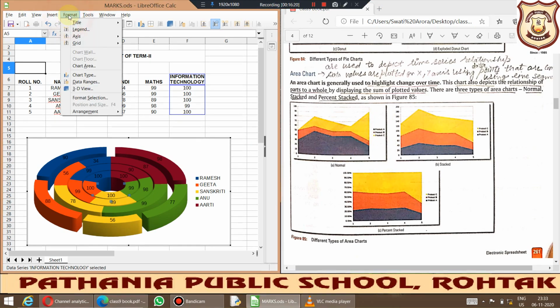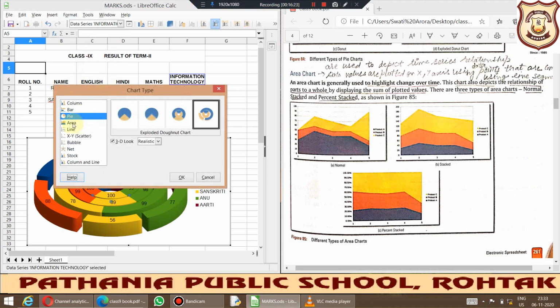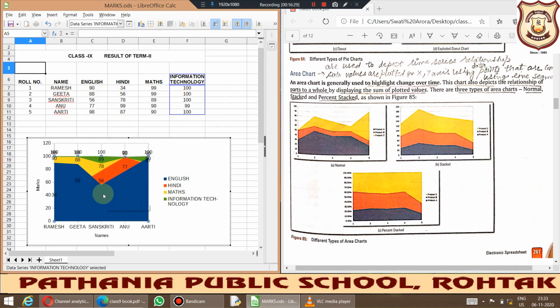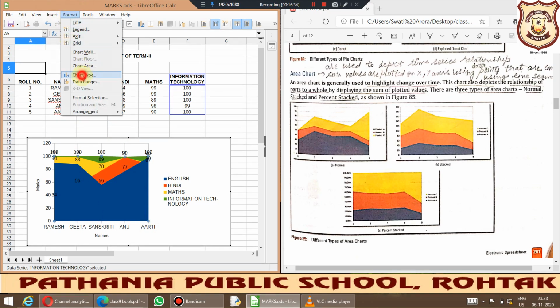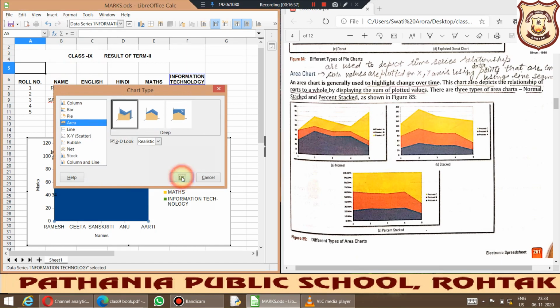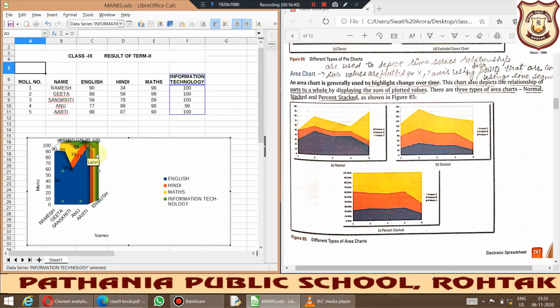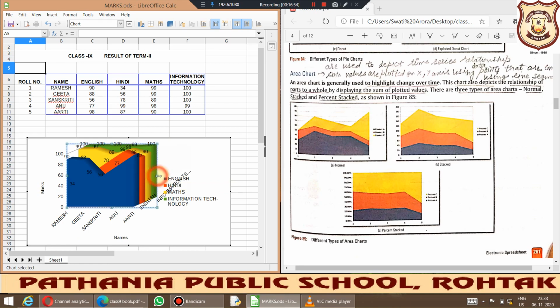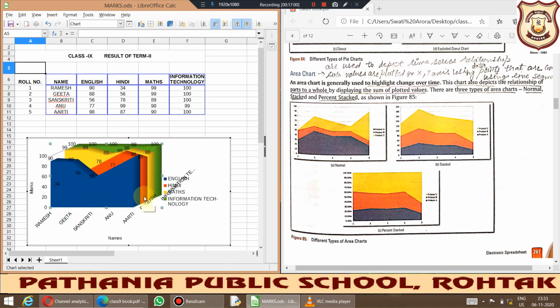Okay, so again I'm going in format tab and I'm clicking on the chart area, and this time I'll be selecting the area chart. So if I'm not selecting this 3D look, you'll see that it will look like this. It is difficult to read these things, but for the simplification of these things, I'm selecting the 3D option. Okay, so now you will be able to get the data much more clearly. Okay, so these are the legends that are giving me the descriptions. Okay, so I hope it is clear to you. We can stretch the data so that we may read it properly. Okay, so it is in our hand only. As much as we want to expand, we can, for the better understanding of the data.